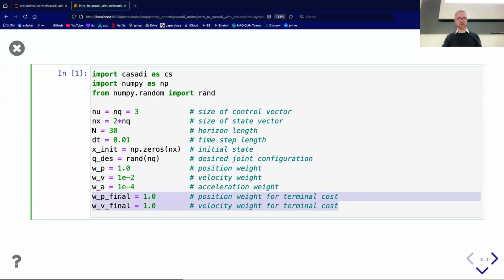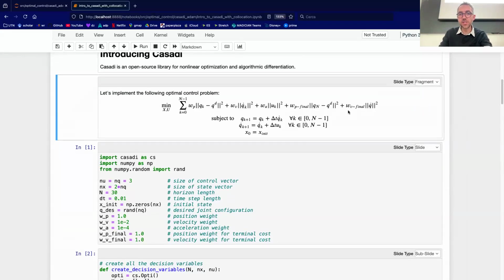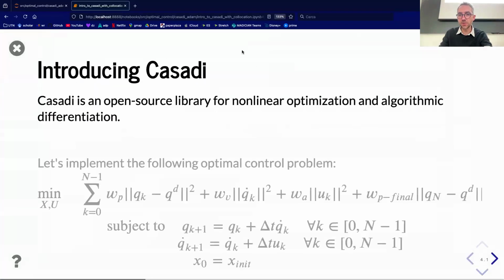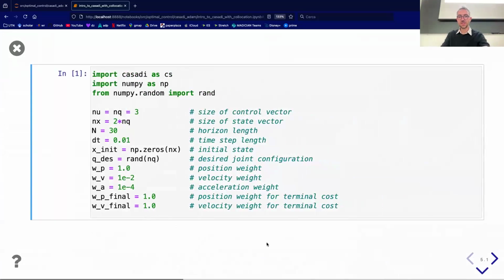Actually, the final cost contains both a term on the position and a term on the velocity, but it didn't show in the last slide because I think it didn't fit the screen. So it was going outside. Oh no. Yeah. Okay, so it was there, but it didn't fit the screen. So when I visualize it, it doesn't show, but it's there. So here I'm simply defining all the